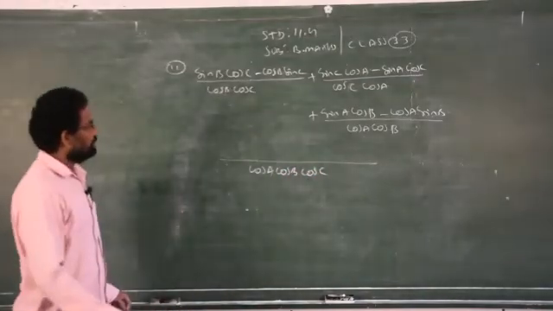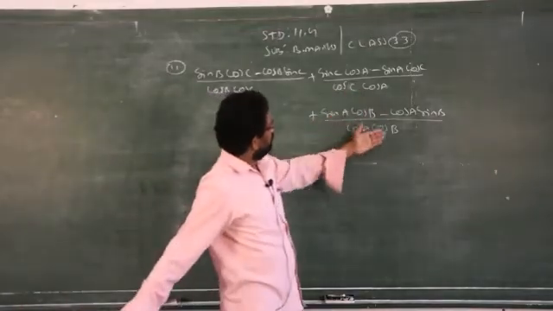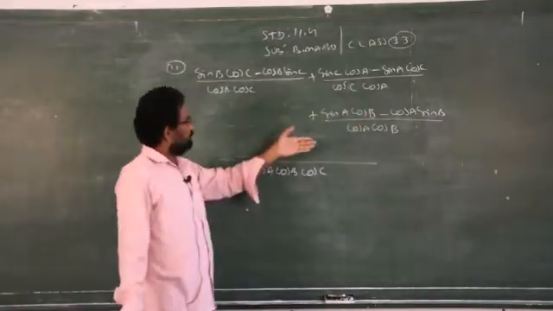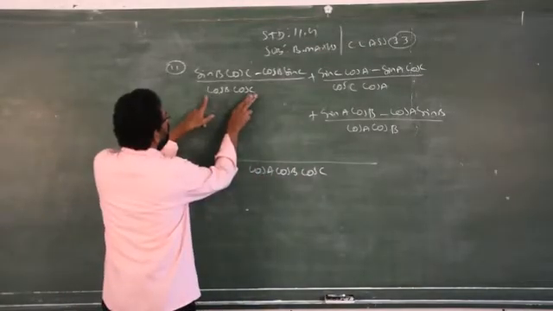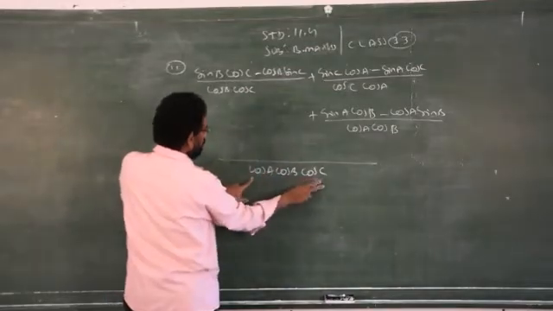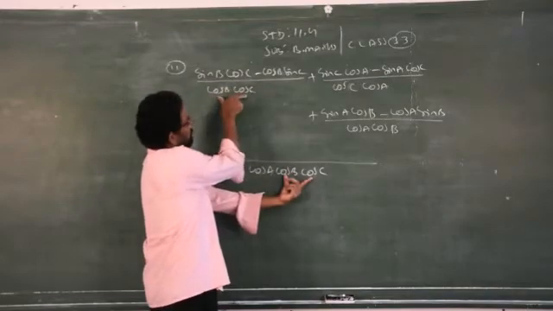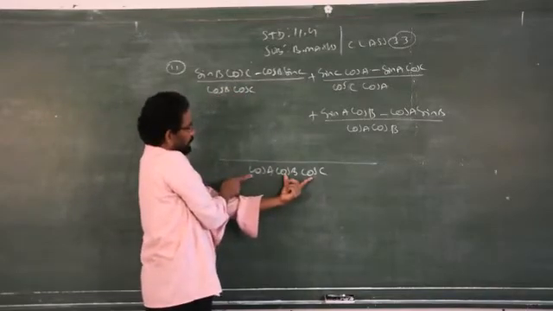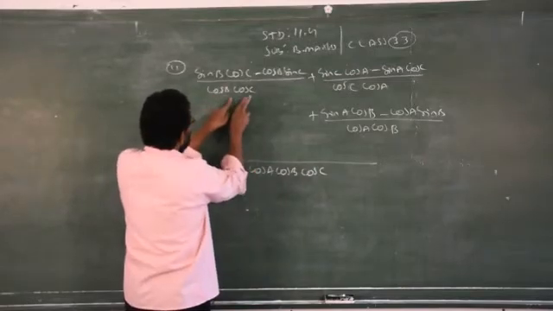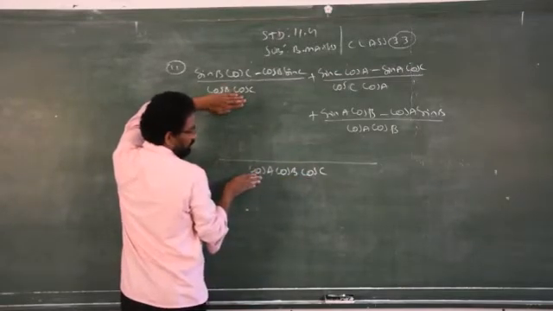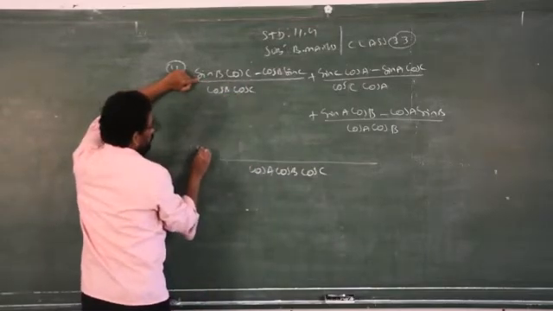You take the LCM as cos A cos B cos C, because no other ratios are there in the denominator of all the three terms. So now cos A cos B cos C, very simple. Now we compare this denominator with the LCM: cos B cos C. When you leave these two, what is the remainder? Cos A. When you compare these two denominators, cos B and cos C are common. So which one is not common? Cos A. So you multiply everything by cos A.